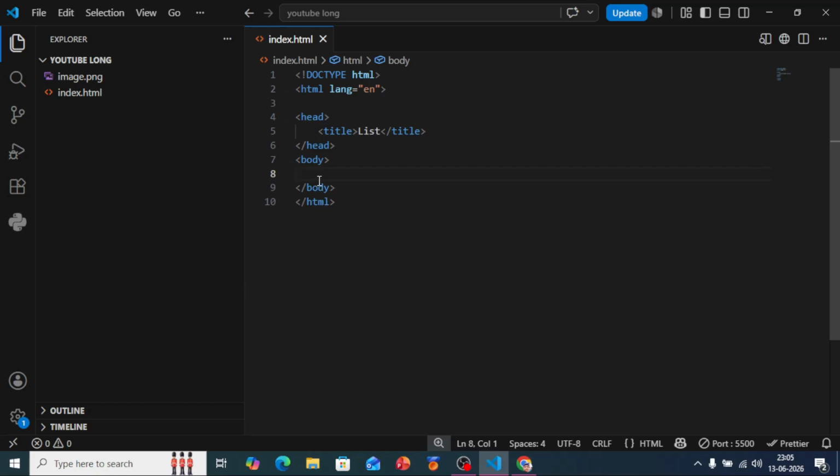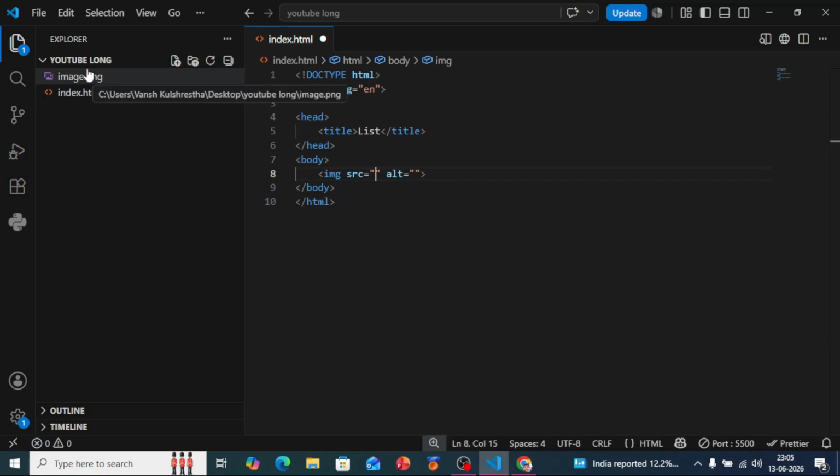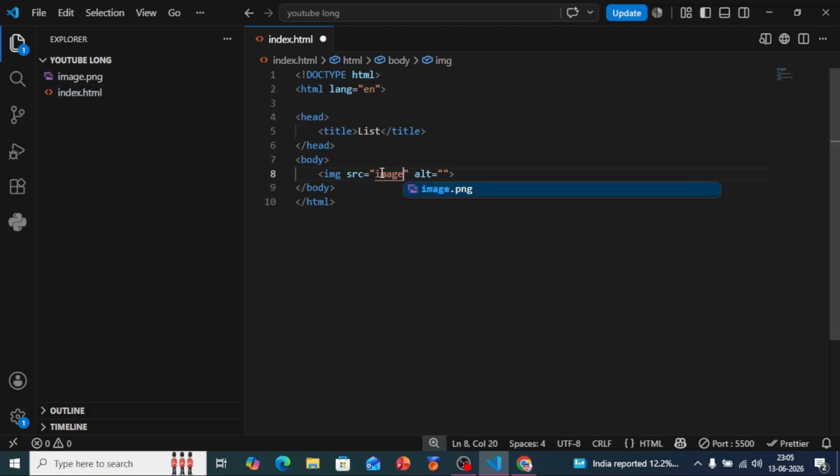in your website mainly. First, I am going to teach you how you can insert an image in your website. We are going to use img tag, which stands for image, src, which stands for source, and alt, which stands for alternate. Src will be the source of the image. For example, I have inserted the image in the same folder as the HTML file, so I am going to write image.png.